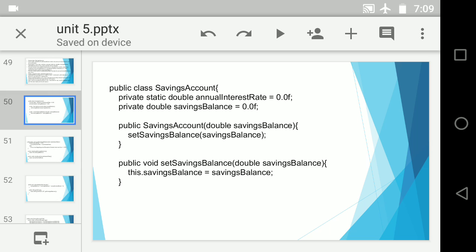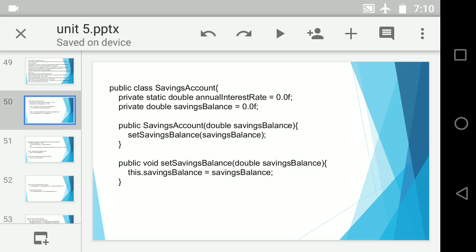First thing is our static variable and our savings balance, second variable, both are private. That simply means to access these variables outside the class, we need to be using set/get methods. So we are simply using a set method, setSavingsBalance, which accepts a value and initializes your savings balance. So in one line, the set method has been given. Done. We are providing one constructor as well.